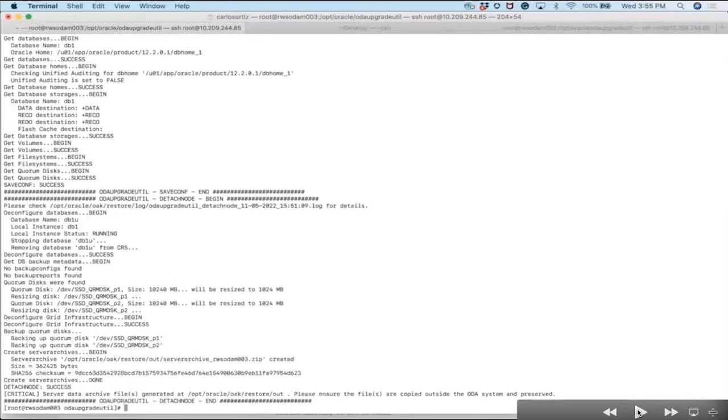And here is completed, right? So the same thing, it gave you success, make sure that it was successful, no issues. And then it gives you the location of the log where you can go and look at the details. And here at the bottom, it tells you the path to those files, the archive files that we need to copy outside of the appliance